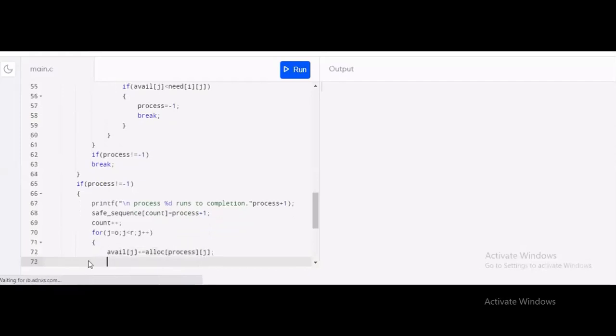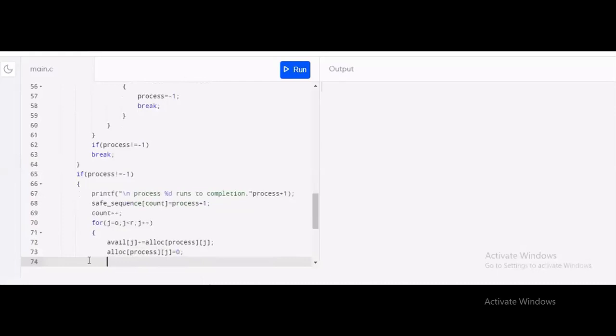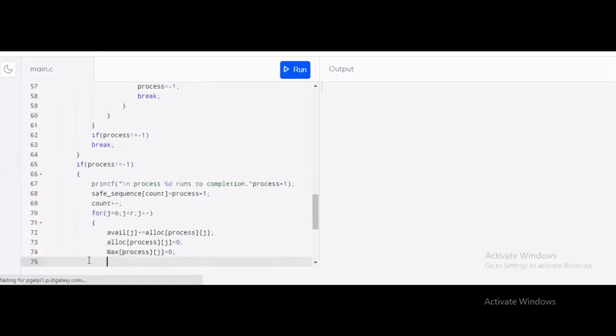First formula is avail[j] = avail[j] + alloc[process][j], and the allocation of that executed process will be 0. The max matrix of the executed process will also be 0, max[process][j] = 0, and the completed array of that process will be increased by 1, completed[process] = 1.